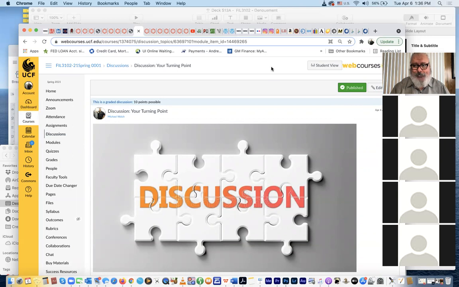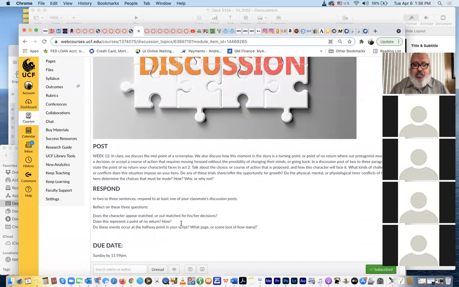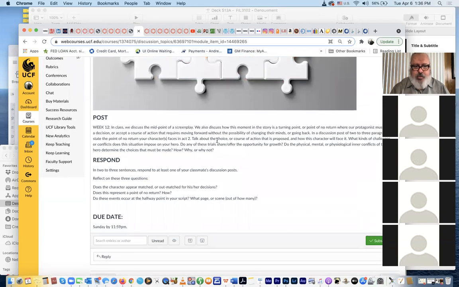I'm pretty sure, but are the instructions the same as the assignment? Yeah, the whole thing is the same. I copied and pasted it into a discussion framework instead of an assignment framework because I can't just change that in web courses. That's a glitchy technicality with this software. So it looks the same. It's the same image, the same instructions, everything. But I extended the due date, I believe.